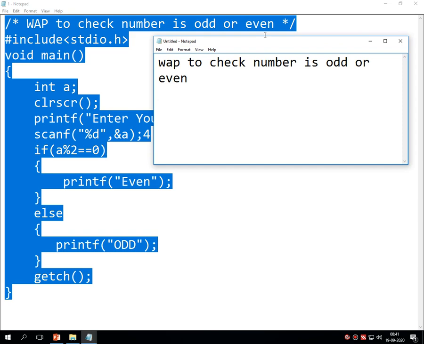Now we'll go for another one: write a program to check whether a number is 3 or not.